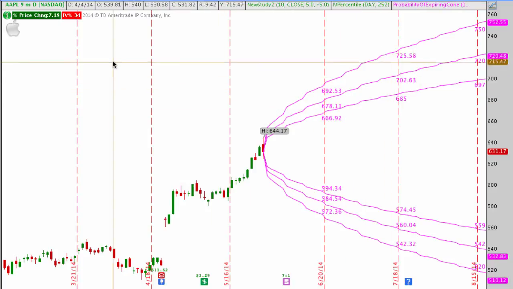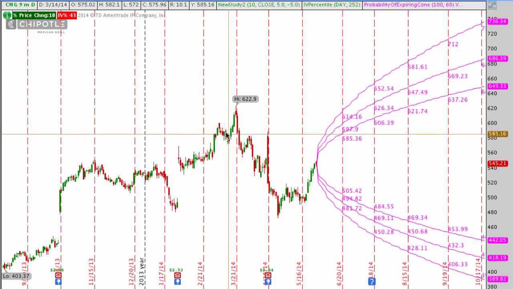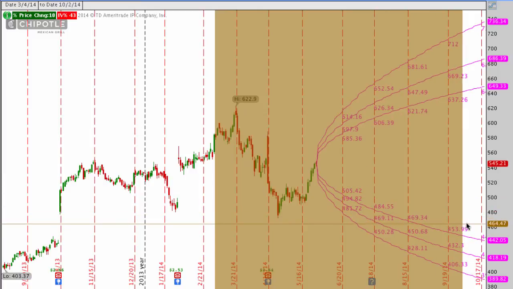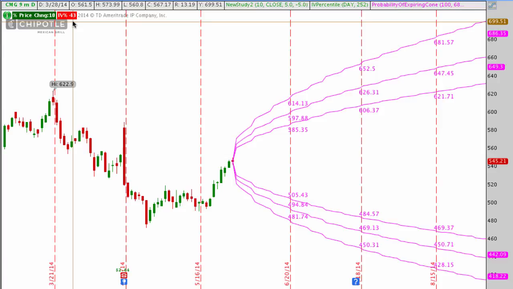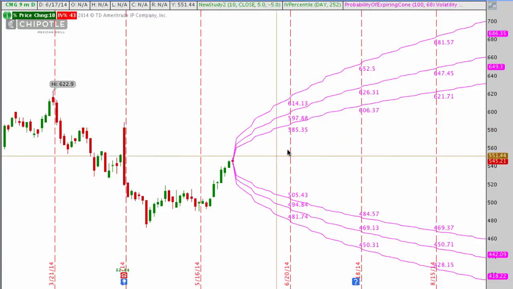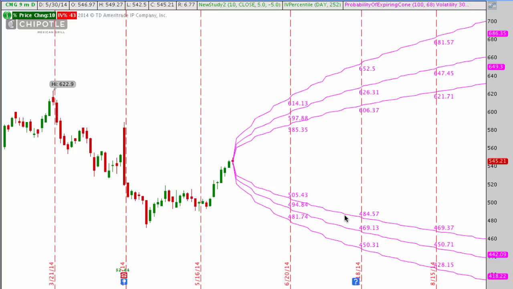So before we go away from Apple, I just want to throw up another example, just to use some other stocks as an example. Here is Chipotle. A little bit more volatility in Chipotle right now, and you can see that visually on the chart because it's at the 43rd percentile in implied volatility, which was higher than where Apple was. But you can see these same projection graphs, or these expiration cones, go out onto the chart right now. So we have the same type of logic working here that we had with Apple. This one is the 68, and this one is the 80, and this one is the 90. You didn't have to change a thing once you add these studies to your chart.